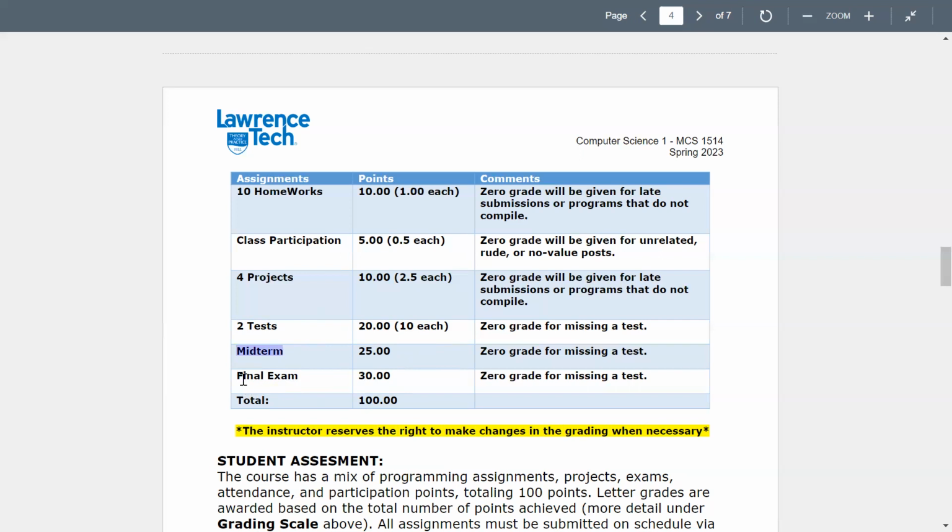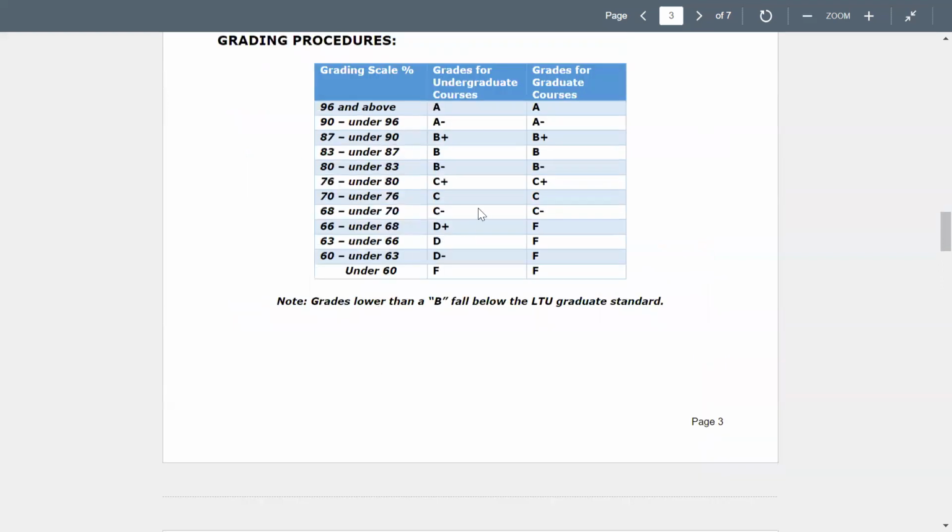Notice midterm and final have a big weight on them. The final exam, for example, has 30 points. 30 points can get you maybe from C plus to A minus, meaning before the final, let's say we are at week 15 and your percentage is at C minus.